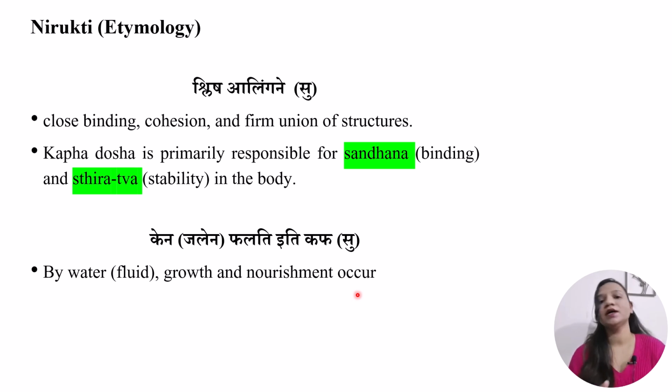So in the human body, that water or fluid which is important for the growth and nourishment of the body is Kapha Dosh. Okay, so Kapha Dosh is important, and it is that water or fluid in the body which is important for growth and nourishment. So we have seen two important niruktis of Kapha Dosh. First one is Shlish Alingane, which denotes the function of Kapha Dosh in the human body, that is binding and giving stability. And the second one says that Kapha Dosh is responsible for growth and nourishment. Okay, so moving forward,